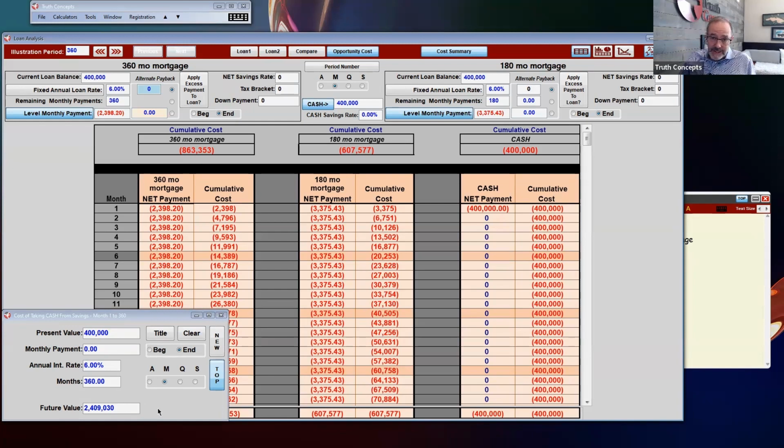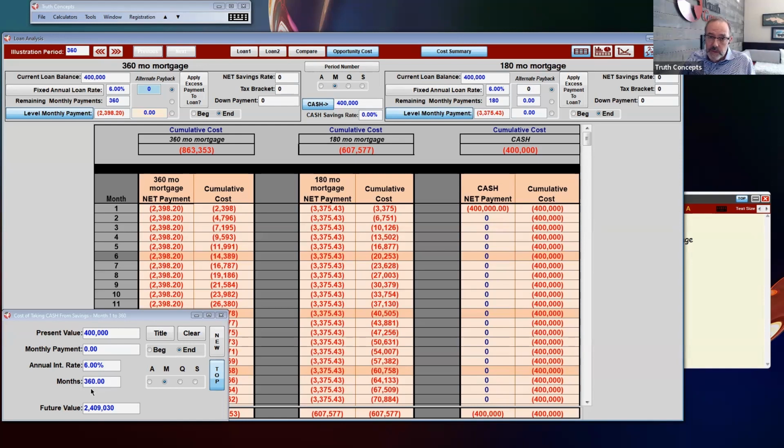So my decision today to pull $400,000 out of my existing assets doesn't have a cost of $400,000. We have to have time in there, and the time needs to be the same on everything we're comparing. We've chosen to compare this over the 360-month time frame. So cash over that time frame means a $400,000 decision today is going to cost us $2.4 million over the